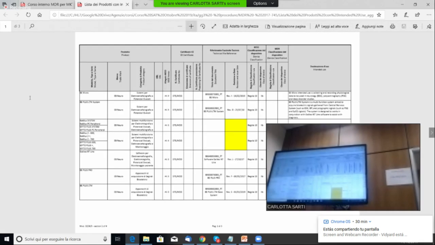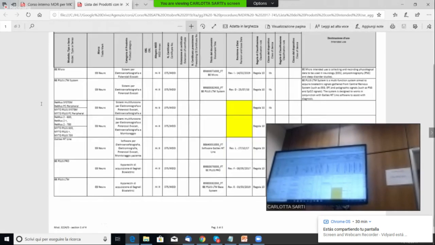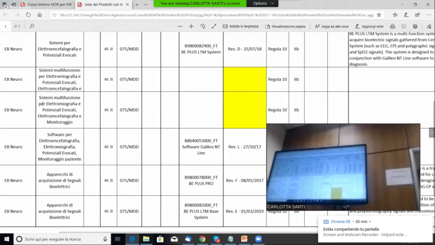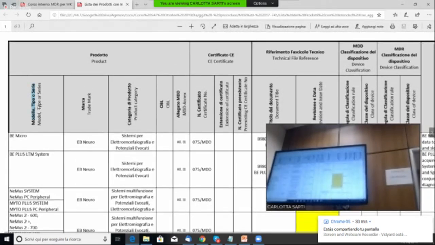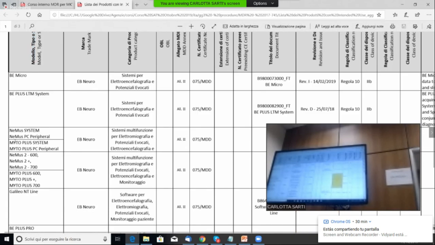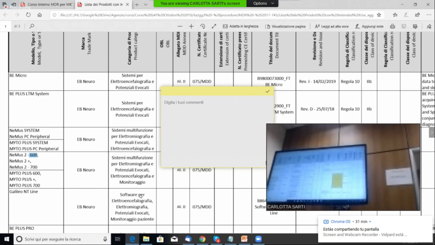The model of the system in the future, the UDI identification number. I sell worldwide the B micro, B plus LTM system, NEMS system, NEMS PC peripheral, Meta plus system, NEMS 2 600, NEMS 2 plus, NEMS 2 700. It's a different configuration for you. But for the European Commission, it's one medical device different from the others.